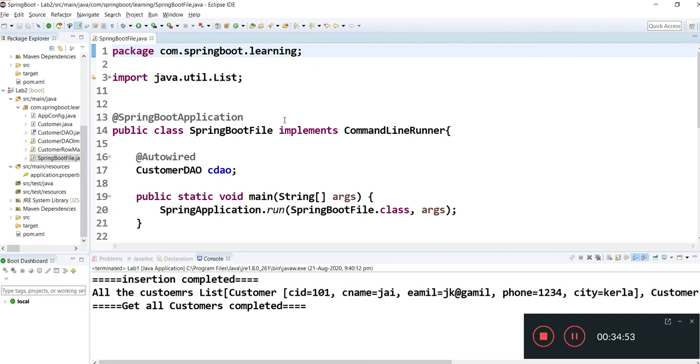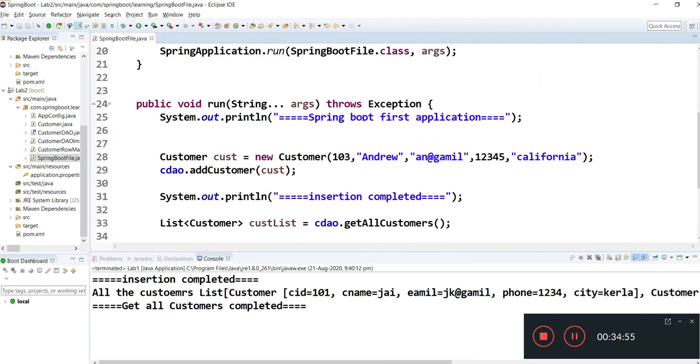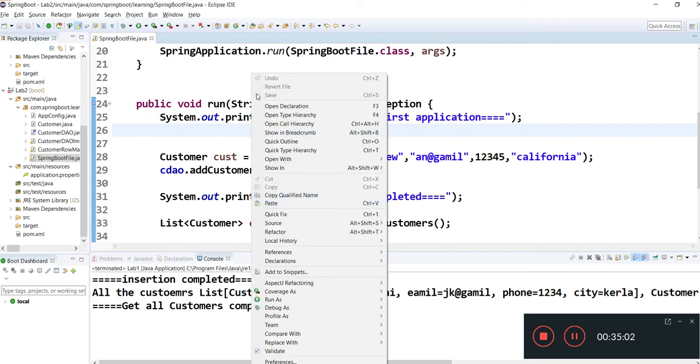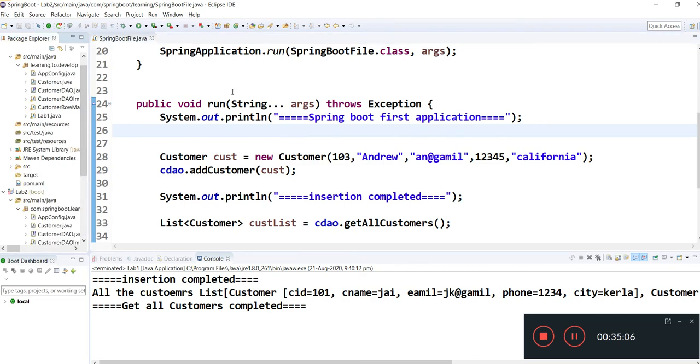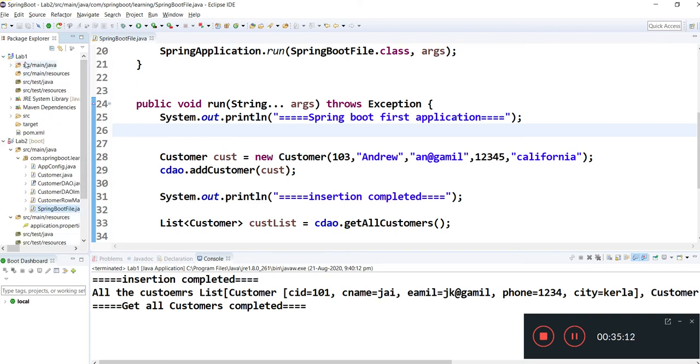Sorry, so here we need to run this as a Spring Boot app. One more thing you need to observe: in my first application, the project doesn't have boot written over here, but in the second application boot has automatically come here.